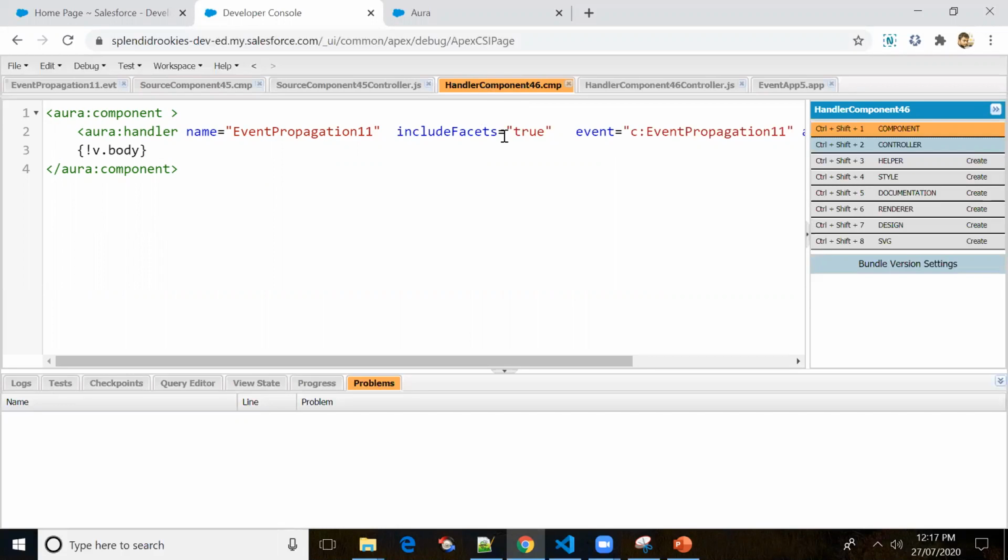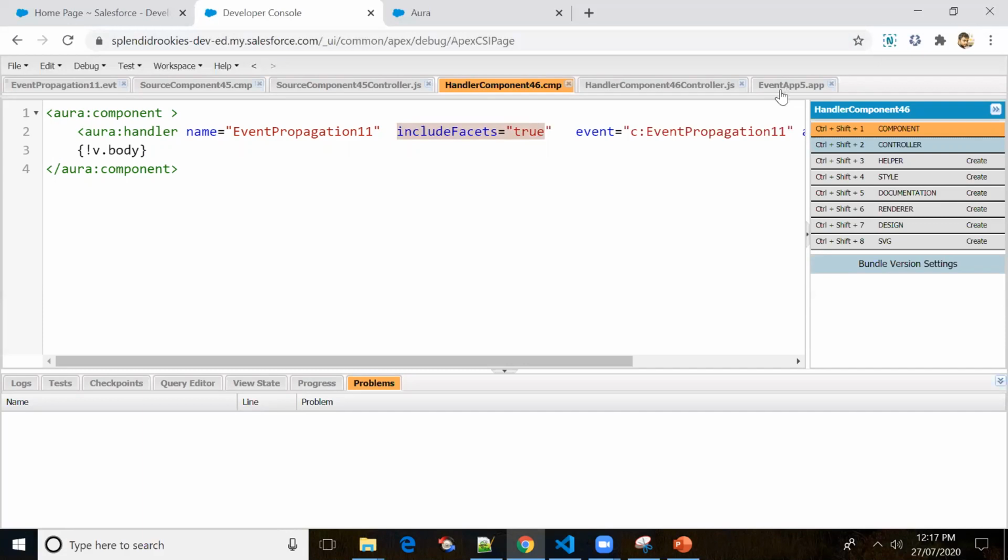It will not get fired in the child component. So if we want to traverse among multiple components, we just put include facets equal to true. If we don't put this, we will not be able to achieve the functionality.